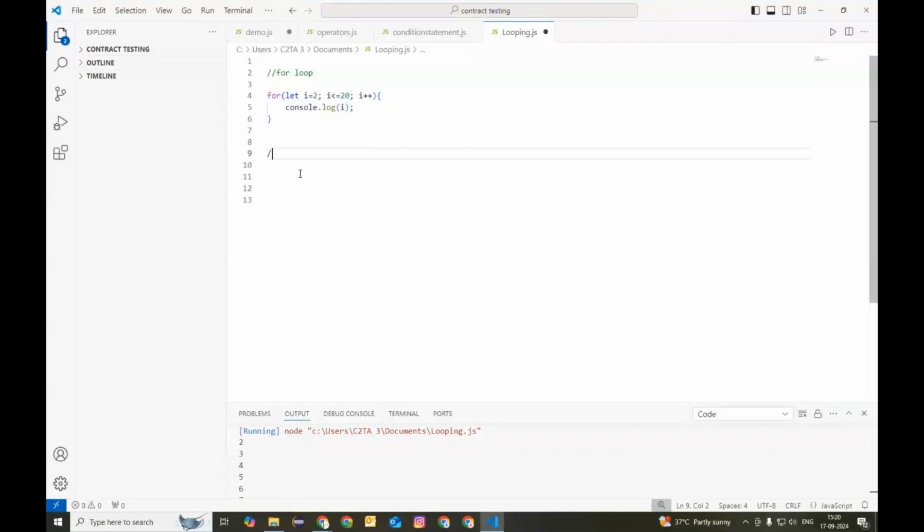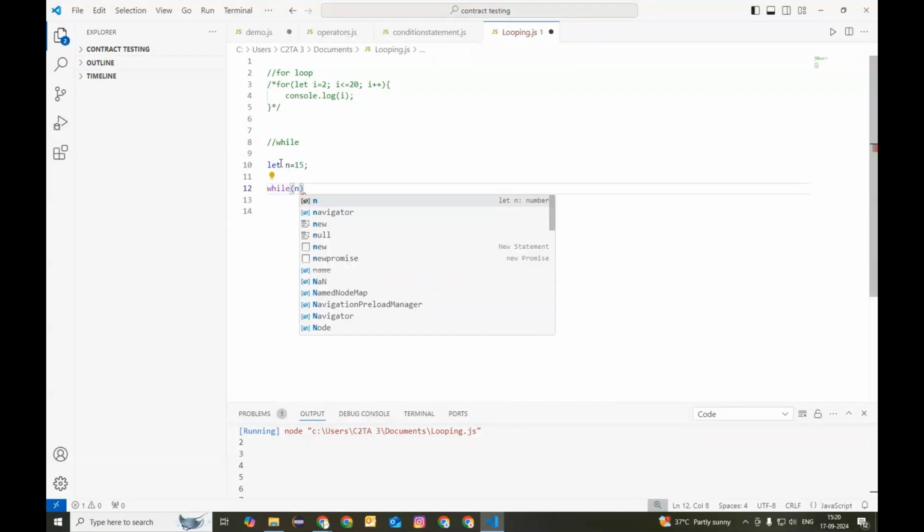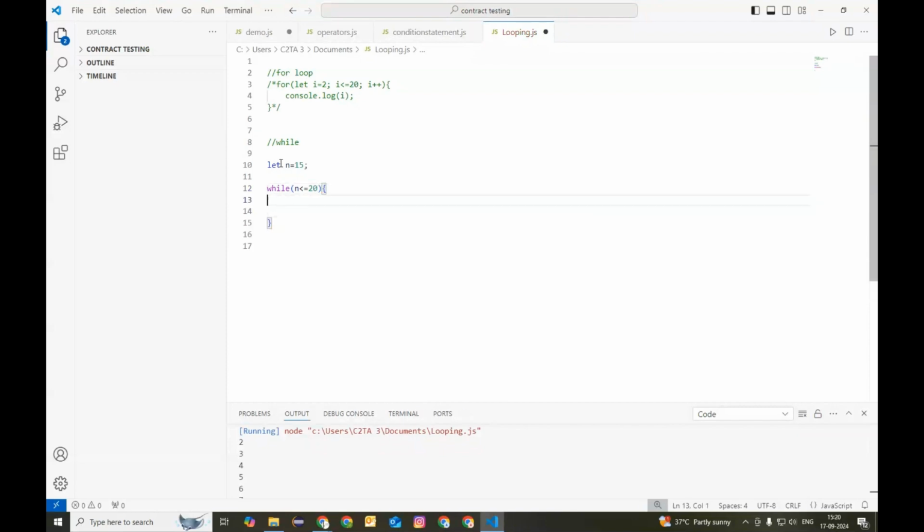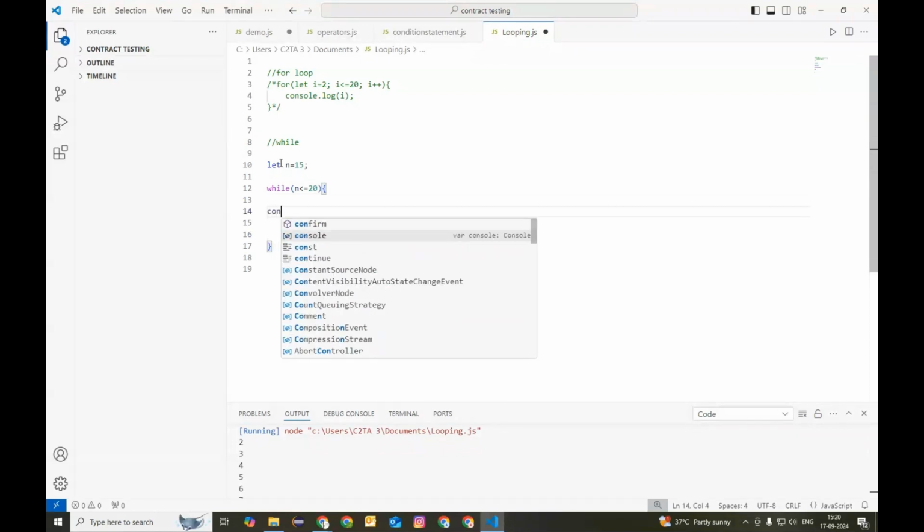Okay, now next is the while loop. For that, I want to initialize. Let me comment out the for loop code. Let n equal to some 15. Now I'll use the while loop: while n is less than equal to 20. Okay, now print console.log